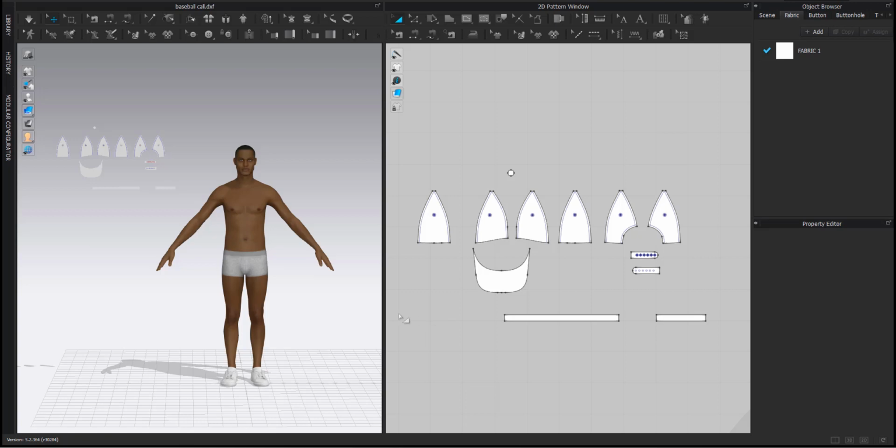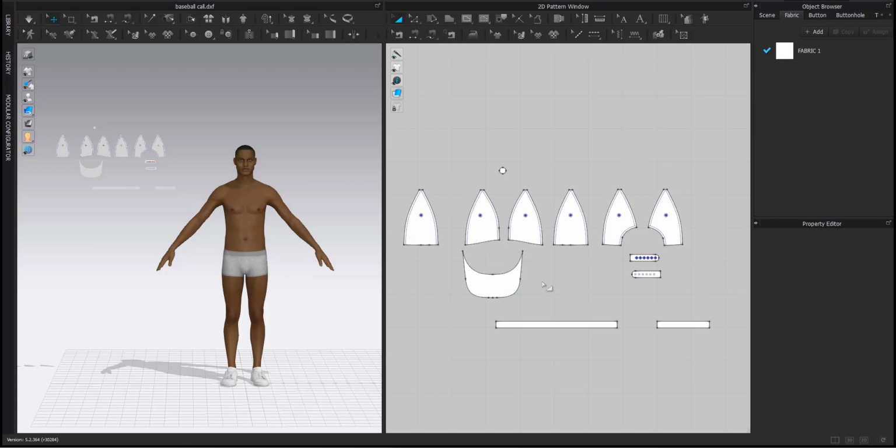Hello everyone. In this tutorial video, I will show you how to construct a baseball cap from existing pattern and place it around the head of the avatar. So before placing the patterns around the head of our avatar, what we're going to do is create different types of fabrics that will represent the different components that are part of this baseball cap, because as you know, some